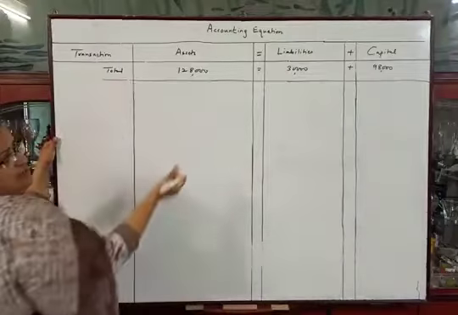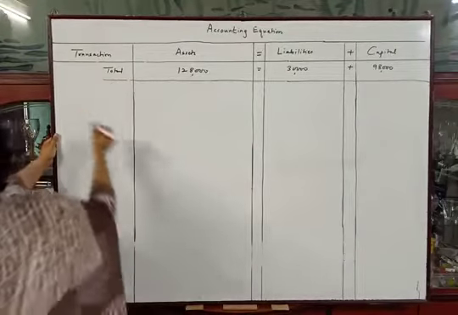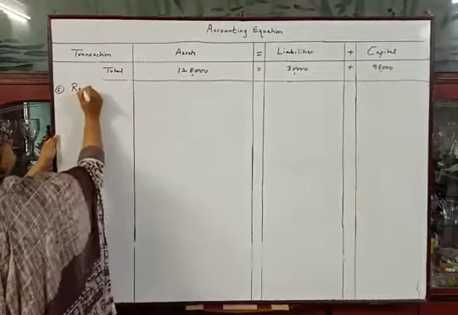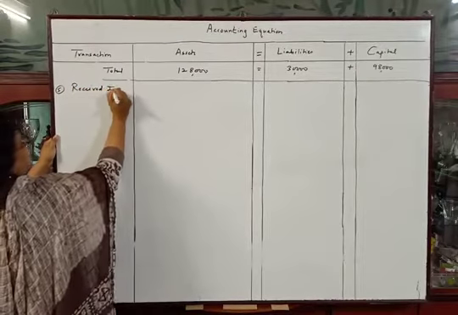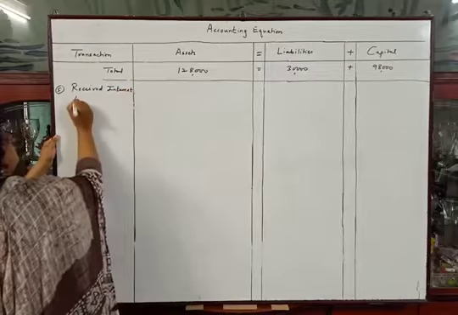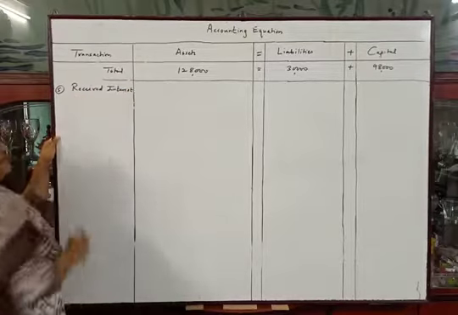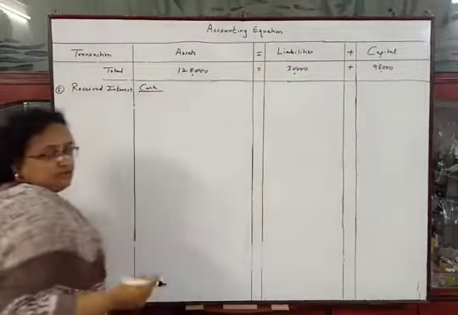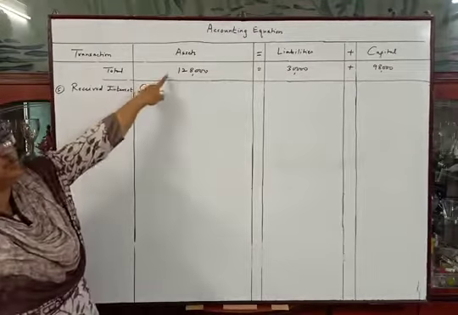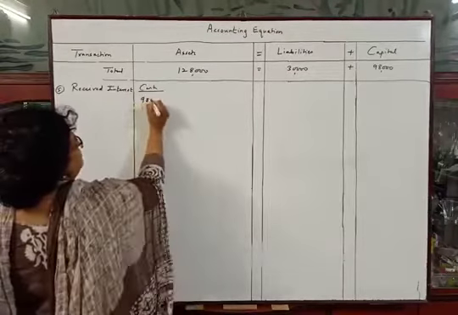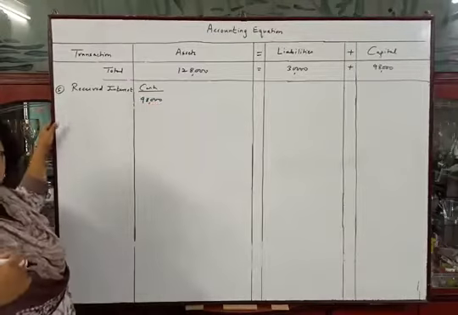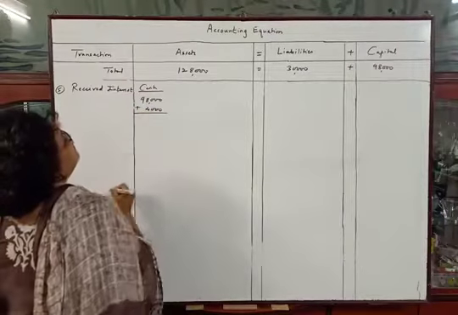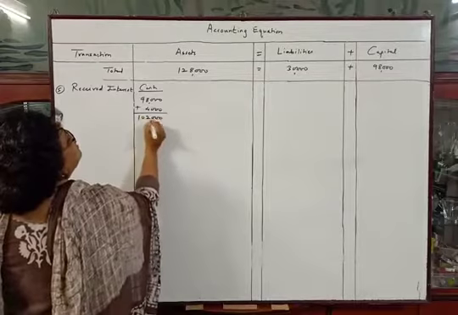Assume this is the second page of mine. Now the fifth transaction, it is received interest rupees 4,000. So received interest rupees, no need of writing the amount, received interest. So now cash. See the cash in this total, the cash was rupees 98,000. As we are receiving interest, our cash will increase by rupees 4,000. So add 4,000 in this cash. So the total will be 1,02,000.